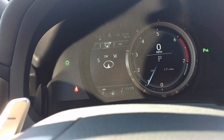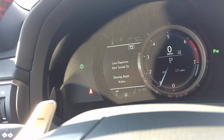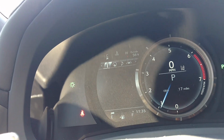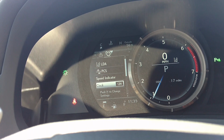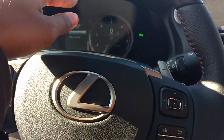It goes back so you can see what's on your stuff right there. And it can go through all your settings to turn on your stuff like that. So that's pretty nice. It has all these little features on here. It has adaptive features, but it doesn't have Lexus updated safety features. I don't know why. I guess when they redesigned it, they did all those update features and oil change and stuff like that. This is supposed to control over here, so